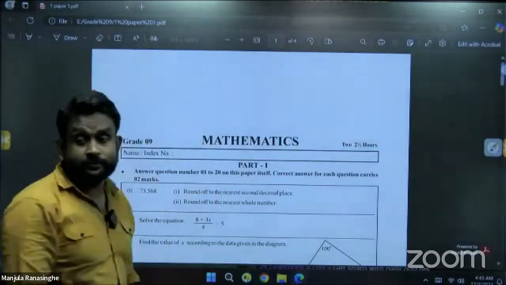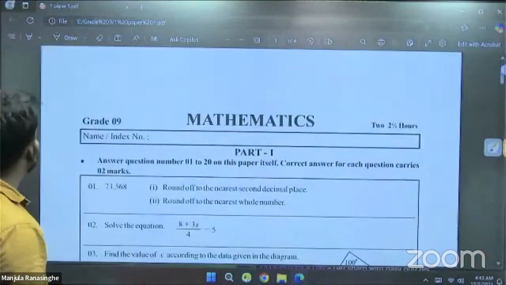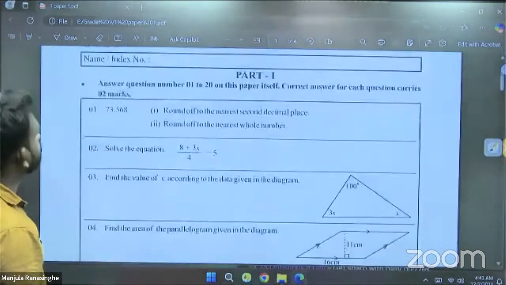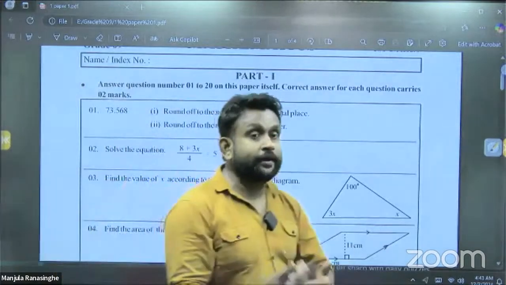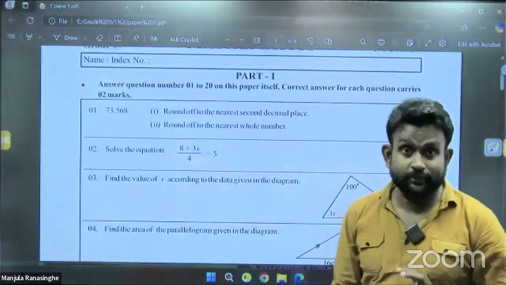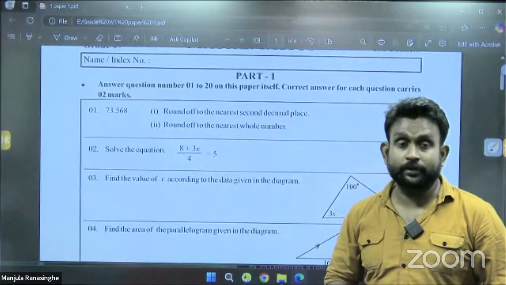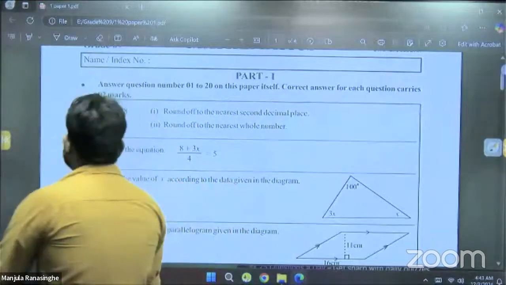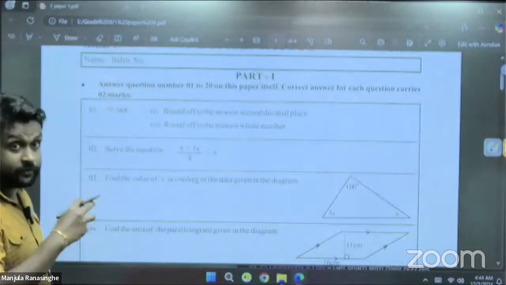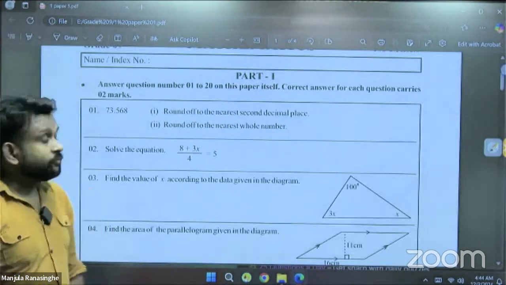So this is the paper we shared with you. One by one, I am discussing, make the corrections and make any additional theory parts you learn today, in a certain order. Now we are moving to the first question. Remember, recall the previous lessons that we learned. First one,